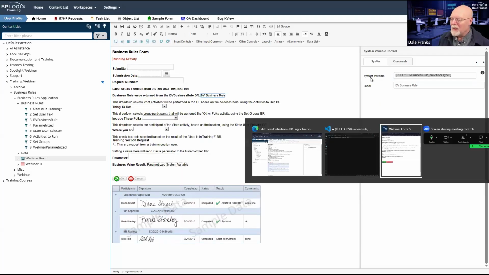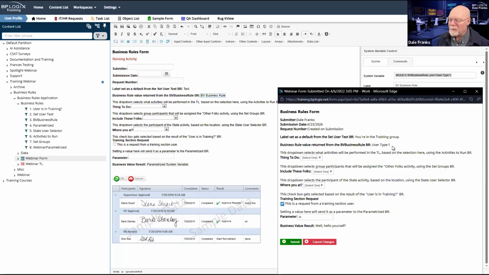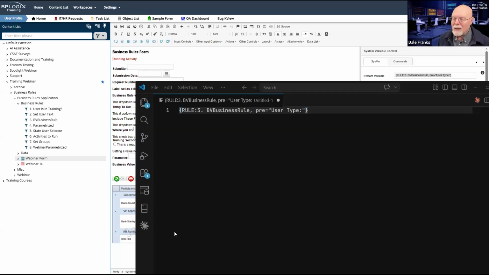Clearly I didn't because it says user type : 1. That is the actual value that the system variable is returning. Actually, the value the system variable is returning is actually just that, just the value 1. So it's BV business rule.